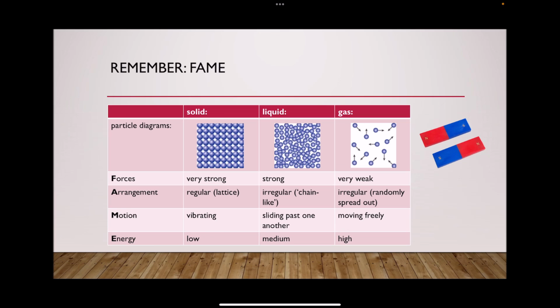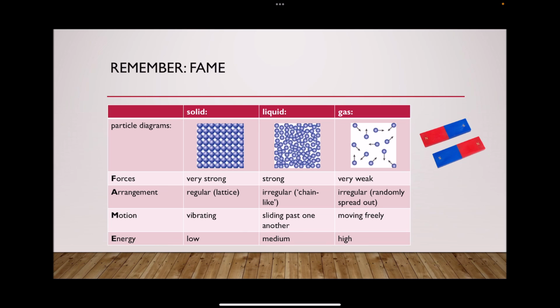What about motion? If you have watched our video about Brownian motion, you know that particles are in constant motion, and there are no particles which are not moving. Even within a solid, where every particle has got its specific place within the lattice, the particles are at least vibrating at the spot. In a liquid, as mentioned earlier, the particles are able to slide past one another and therefore take up the shape of their containers, so particles are free to move within a liquid. This is not possible for particles in a solid.